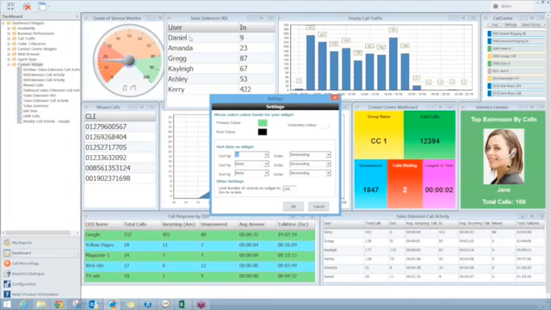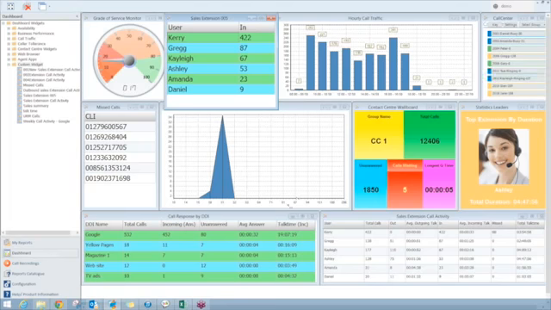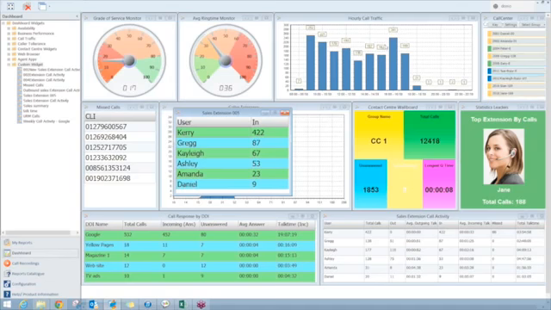So once I've got it in a position I like, I can then save it, and it's all done, ready to go. And I can position it wherever I want to and have it whatever size I need. Okay. So we'll go back to the reports,